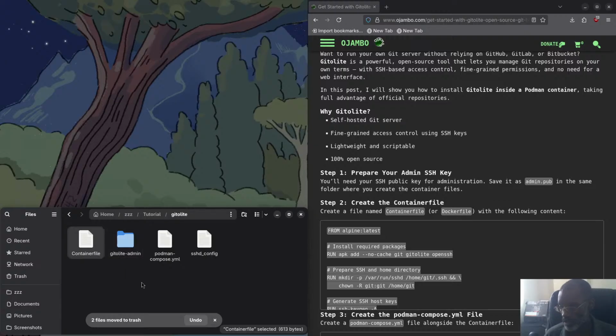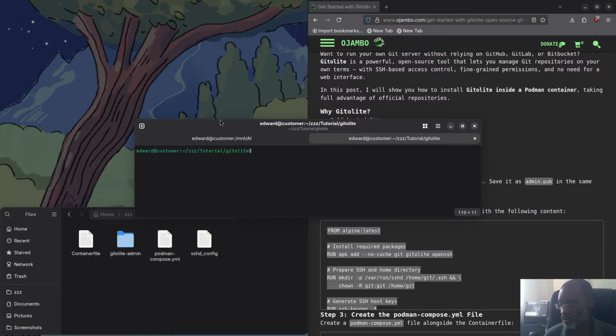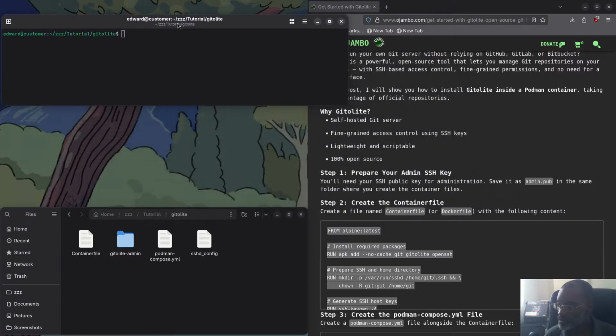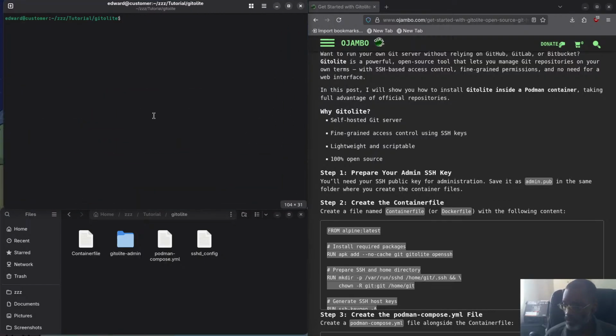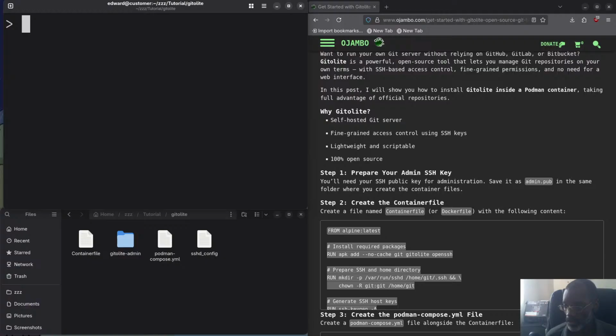So let's go here. I'm going to open up the console here, and I'm just going to resize this, clean it up a little bit. Okay, so